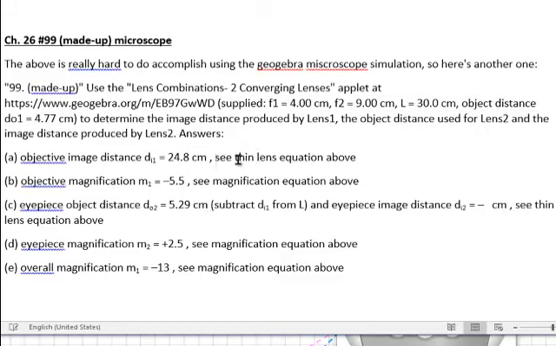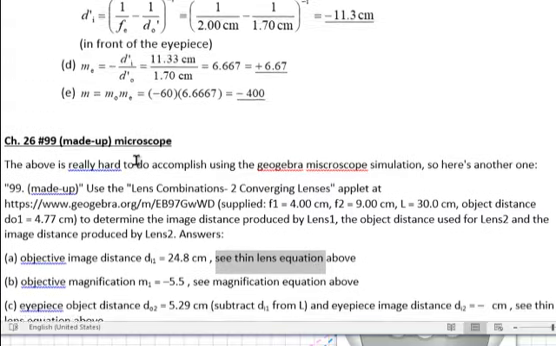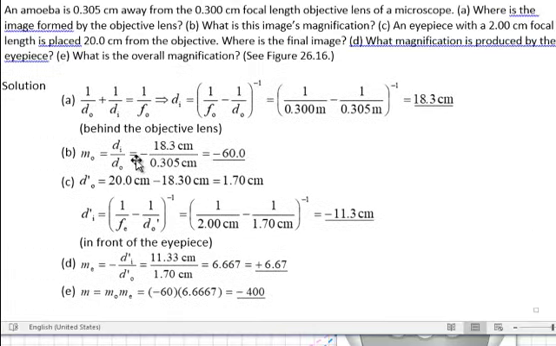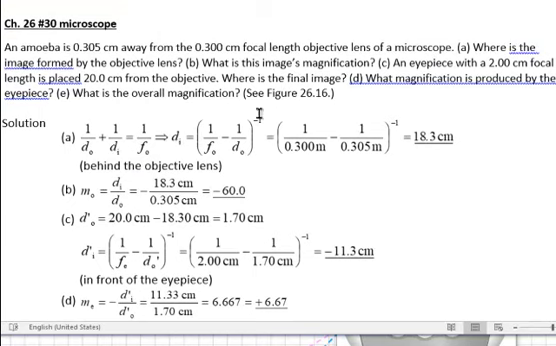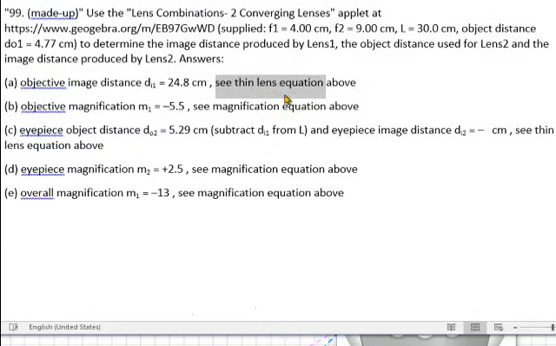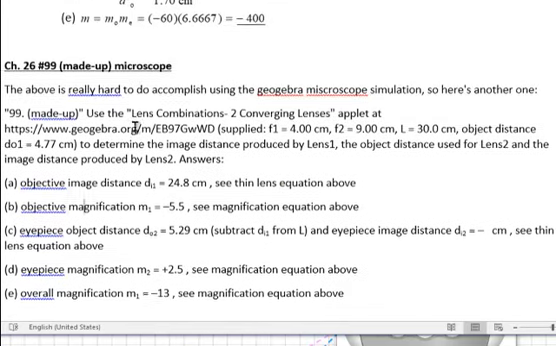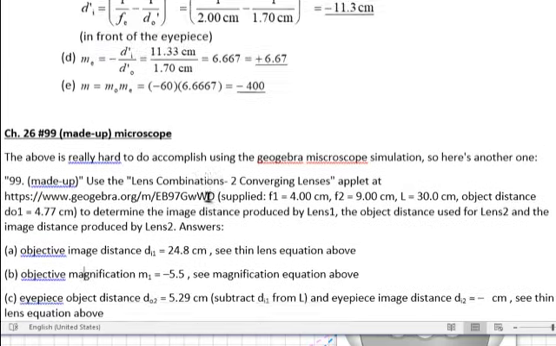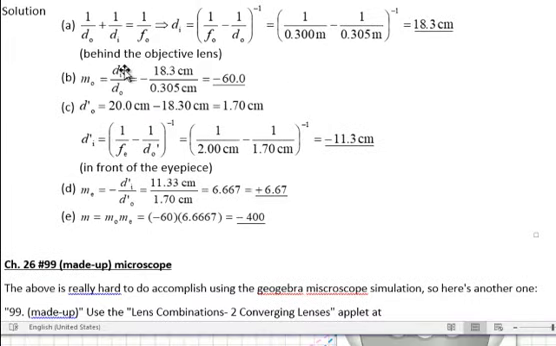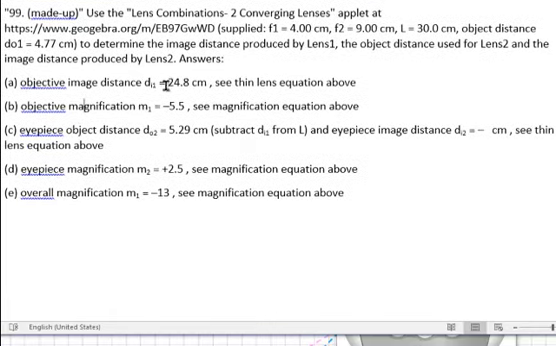And here I say, see the thin lens equation. I was too lazy to write that down again, so I'm going to go back to the previous problem, and obviously this is the equation that I just used. Okay. Objective magnification, by the way, that would be this equation right here, image distance divided by object distance. So the one I just calculated, 24.8 divided by